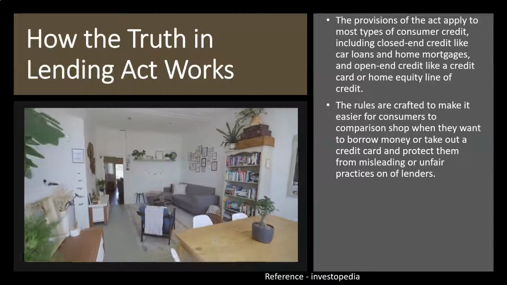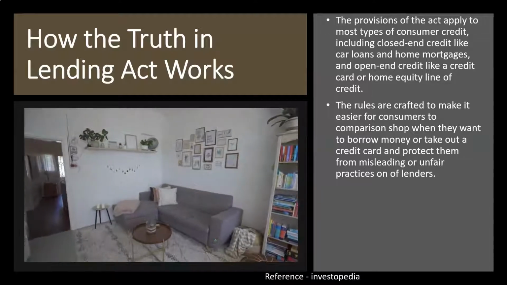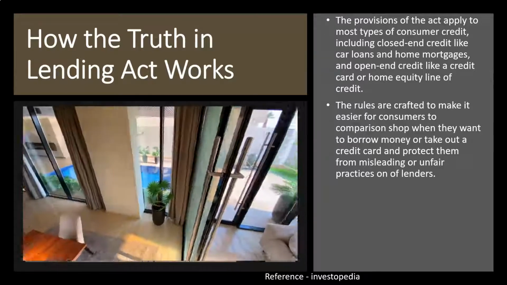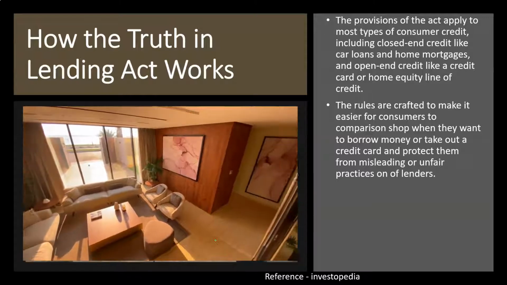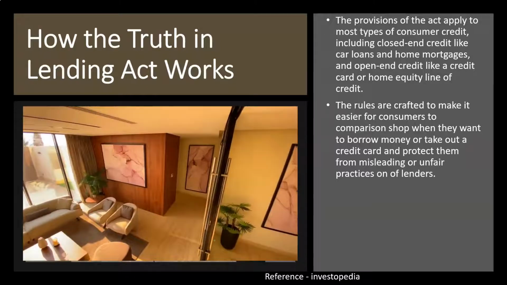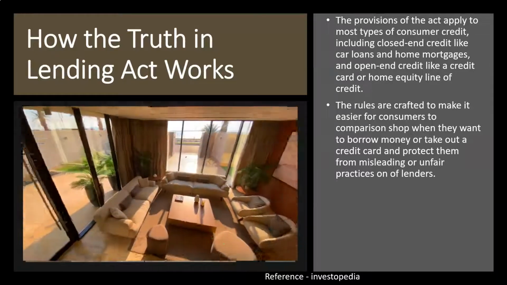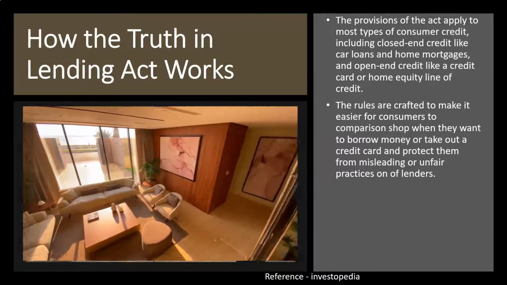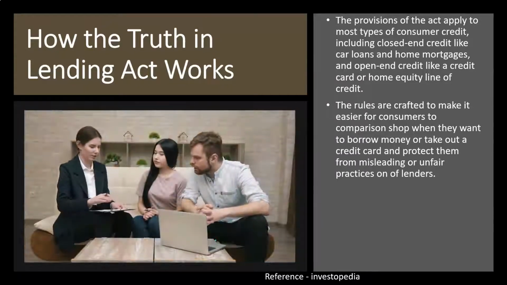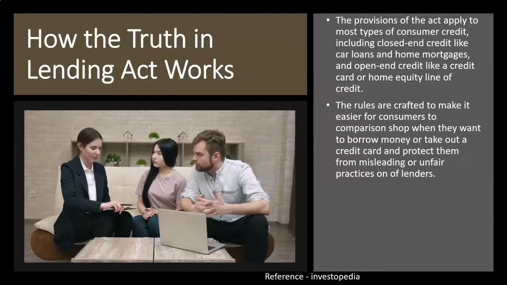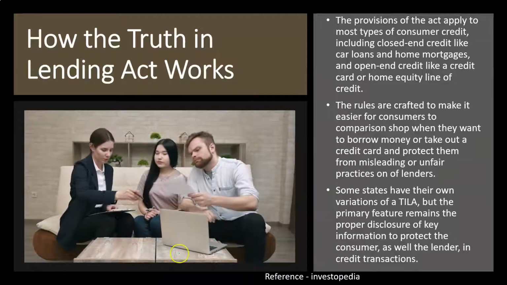Obviously, the lenders themselves have an interest in making things transparent. So even if there wasn't a regulation like this, you would think that there would be a gravitation towards an industry standard. And I think that will typically be the case. And that's going to be your safer zone, to be in the industry standard, because there's usually a reason why it's the industry standard, right? And when you deviate from the industry standard, then you're taking on generally more risk. And it's going to be a little bit more confusing to weigh the pros and cons as you deviate away from that. We'll look at examples to see these comparisons.